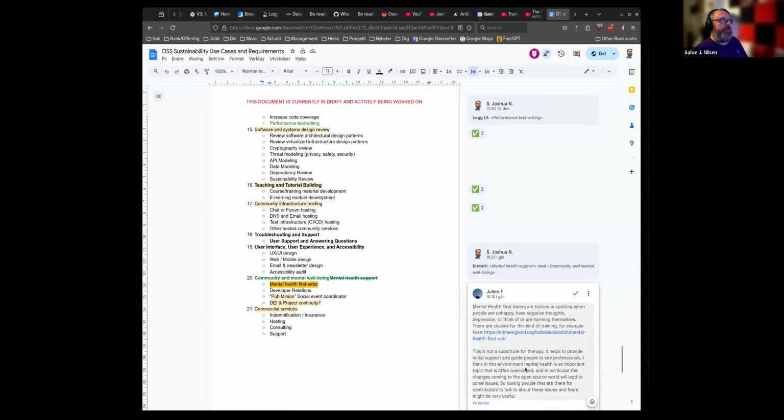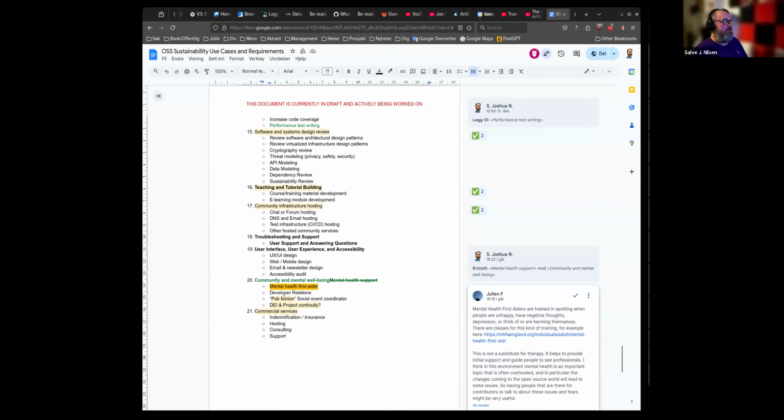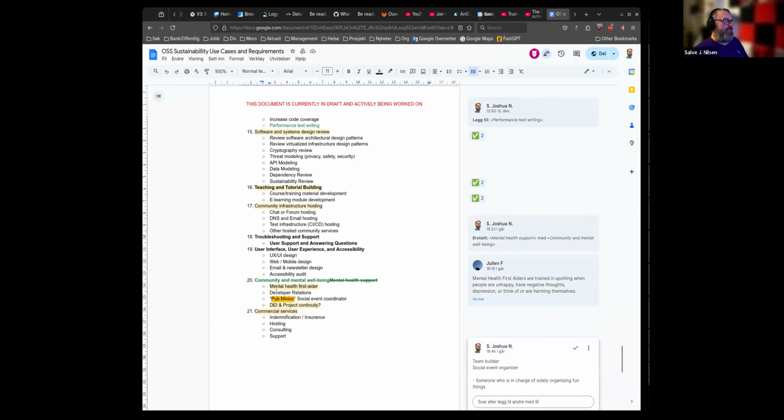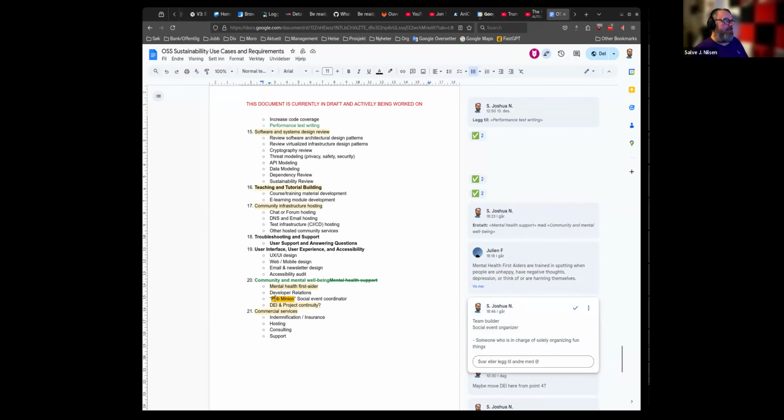Mental health further. I think that's a term we can keep. Developer relations, I think we could keep. Pub minion, I think we should keep, but we can add the parenthesis there and decide if we want to expand on that in any related documentation when we make this into some JSON specification. Then the final question is the DEI or project continuity.